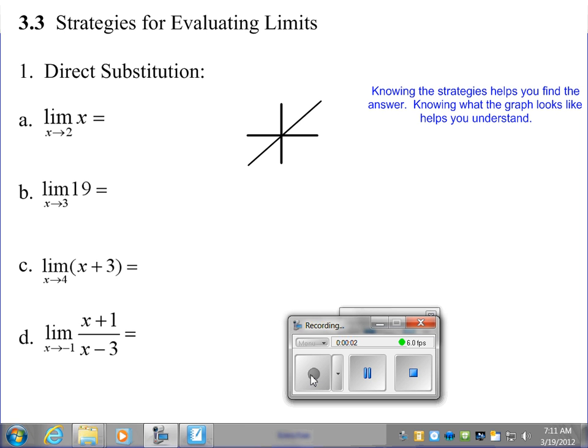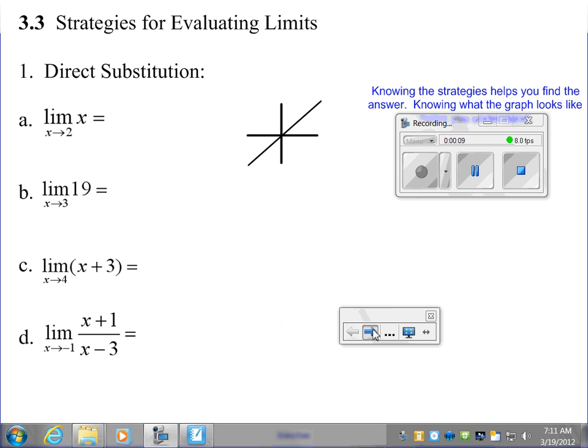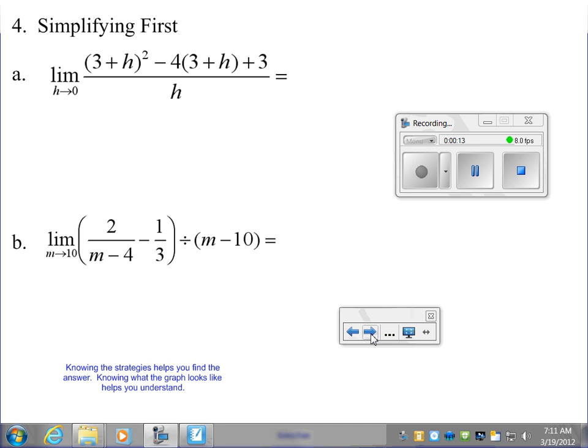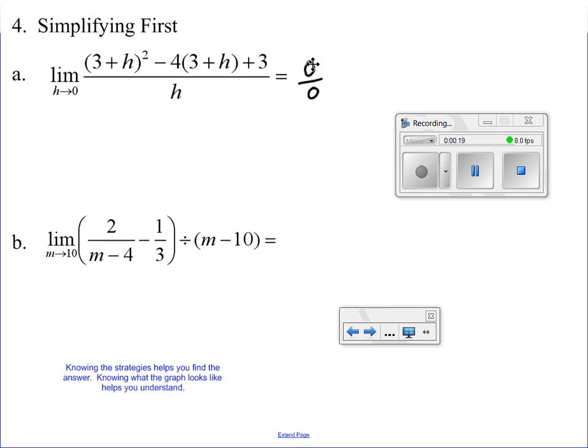In the second part of 3.3, you are going to learn a couple new strategies for dealing with limits. But the first step for all limits is still going to remain the same. We are going to substitute in directly and see what we get. When we do that in this first example, we're going to get 0 over 0, and that's going to happen